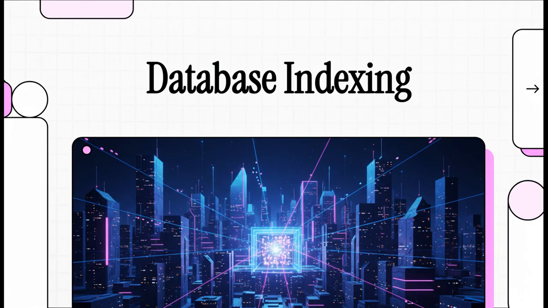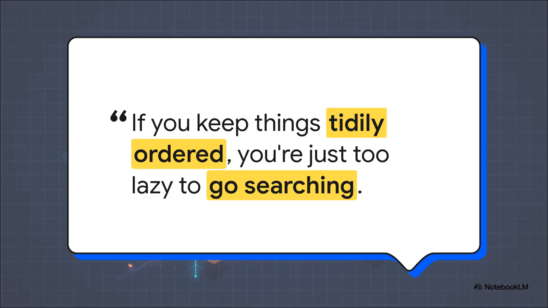it so lightning fast. Now, there's this brilliant German proverb that perfectly captures the high-stakes trade-off we're looking at with database indexing. It basically translates to, if you keep things tidily ordered, you're just too lazy to go searching. And honestly, that hits the nail on the head. Maintaining perfectly ordered data costs a lot of time and computing effort up front, especially every time you write new data. But that initial effort is exactly what saves us from endless, exhausting searching later on when we actually